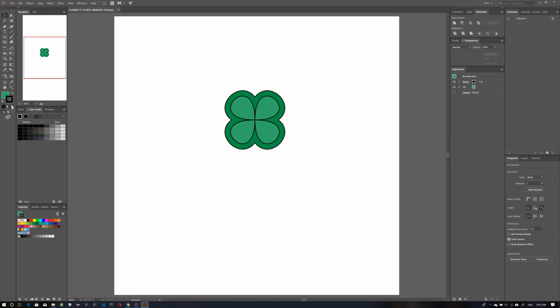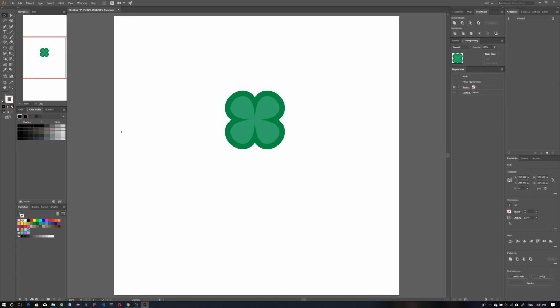click on none or the forward slash on your keyboard to actually remove the stroke. So make sure it is selected, then remove the stroke, and then